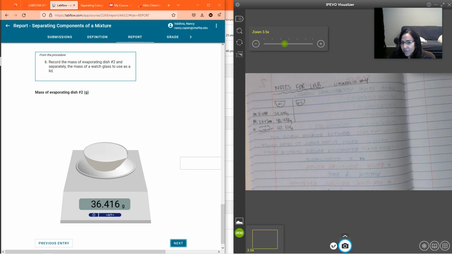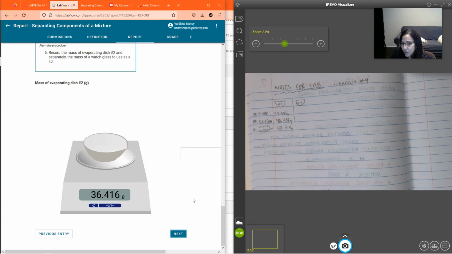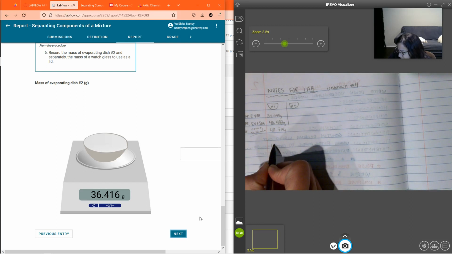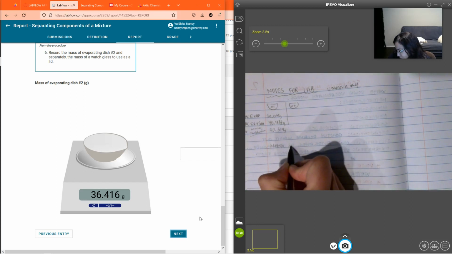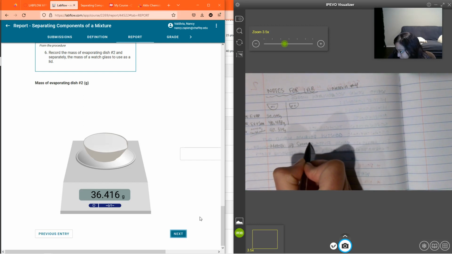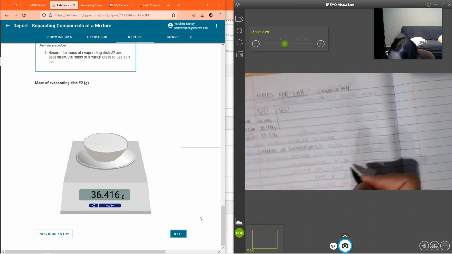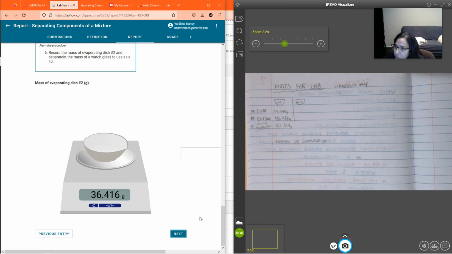All right, here it's having you do the same thing. Now you're going to do it for evaporating dish number two. So you're going to write your stuff down, and then continue on. When you're going to do your math, always remember that the mass of the sample, and this is going to be, let's say, number one, because we're going to work with this one, you have to remove